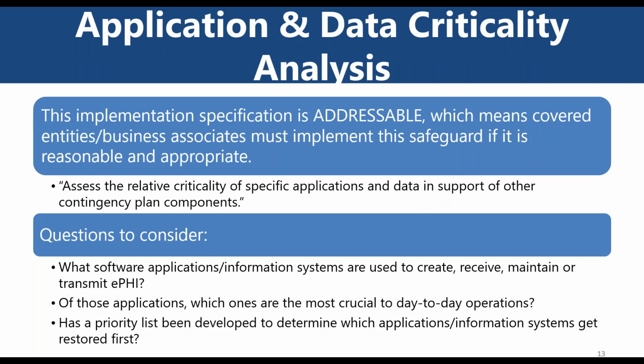So our last implementation specification is application and data criticality. This is basically saying what applications and information systems need to be uploaded, and in what order. What do we need access to the most? And I think this is an area that also gets skipped quite a bit because it's just not thought of. But again, it's addressable, but still,